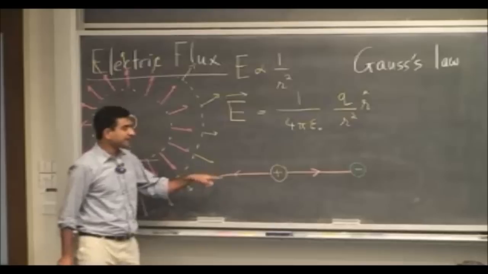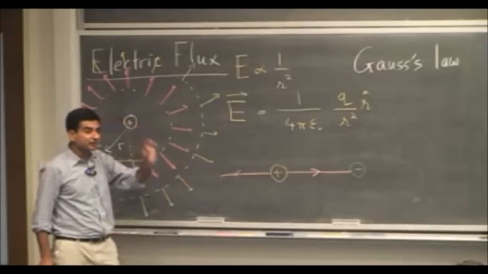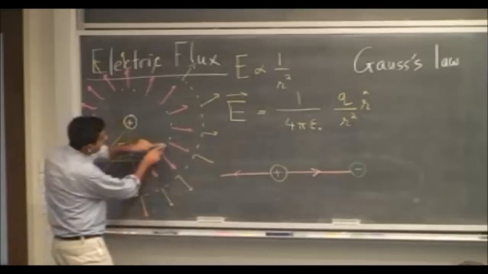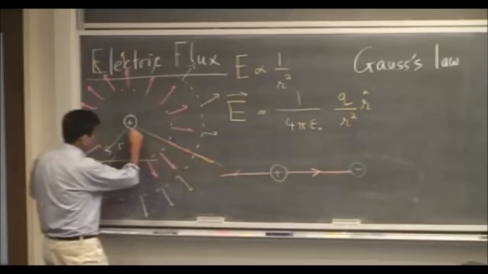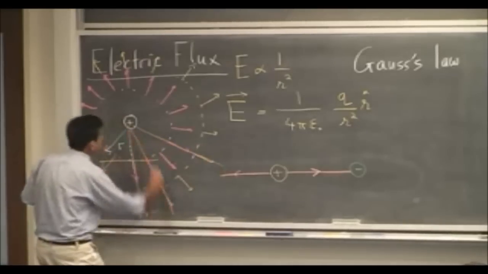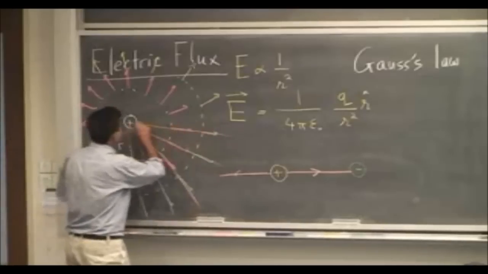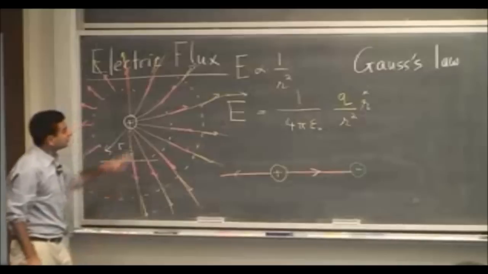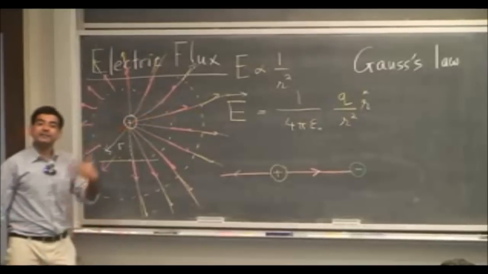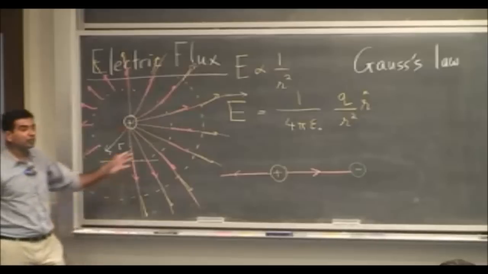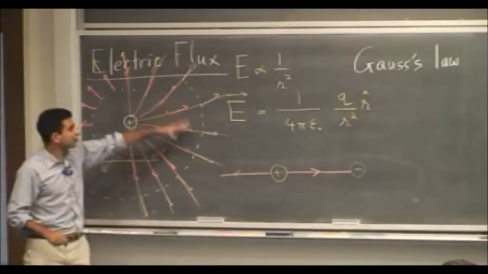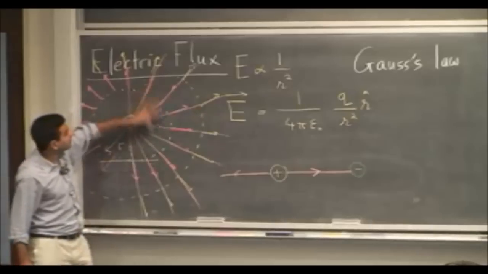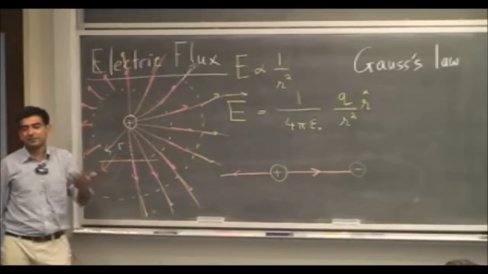Now what I am doing is, instead of plotting discrete arrows, I am connecting all of these arrows by straight lines. I can draw a picture like this. So these are outwards projecting spokes, like the spokes of a wheel. So these continuous lines are another representation of electric fields. I can either draw arrows at discrete points or I can draw continuous lines. And the spacing between these lines represents how much electric field I have.